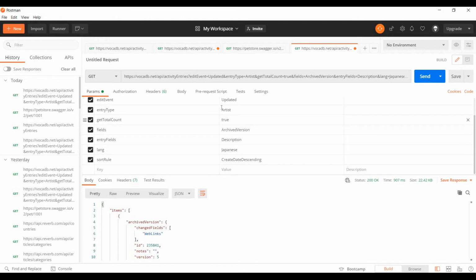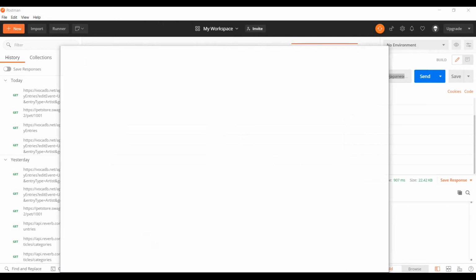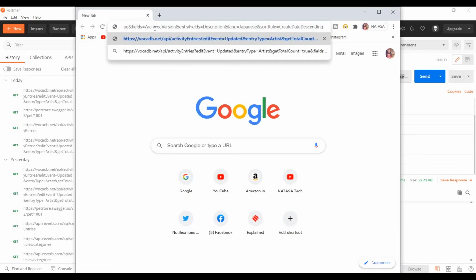So these parameters are stored in key value format. Whatever key values are given in the request URL will be updated automatically in the parameter section. Here you can check those details will be received. The same way, I'm going to hit this URL in the browser. I'm just going to check.